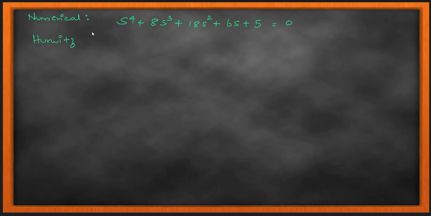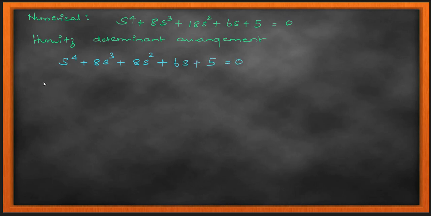I have s to the power of 4, and that is the maximum we can do with pen and paper. On a computing program like MATLAB or Scilab, you can do any order, any polynomial can be solved with this Hurwitz arrangement. But on pen and paper, at the GATE exam level, you are only looking at a maximum of s to the power of 4. We're going to do one or two more numericals on this, and I will see if I can show you s to the power of 5 and s to the power of 3. That is the idea for the next numerical.